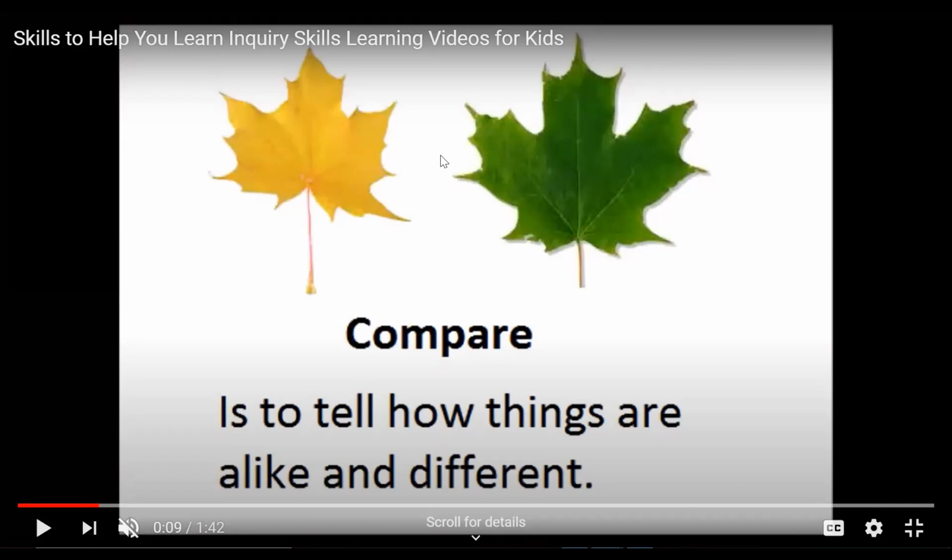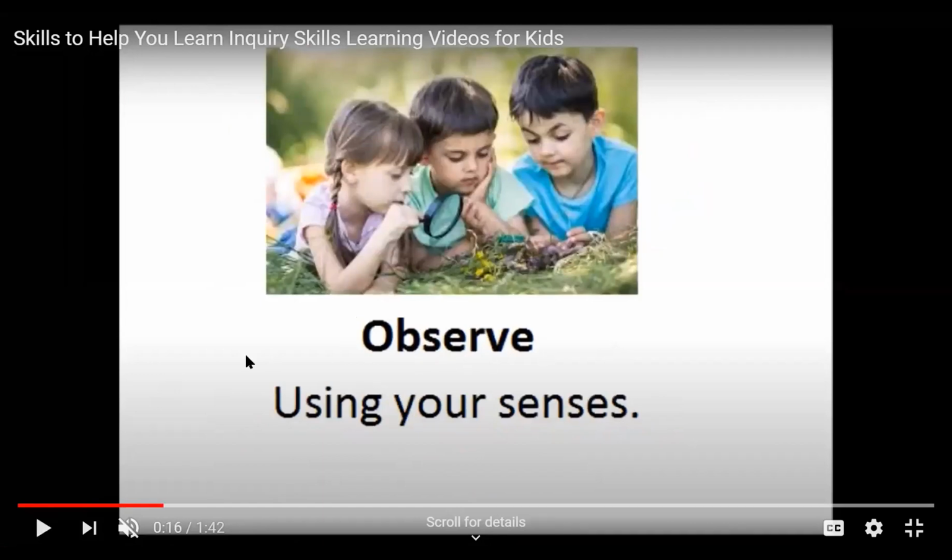Guys, they are alike because they are all leaves, okay? They are all leaves and come from a tree, all right? Let's see the other skill we need. Observe, using your senses to observe things. You use your eyes to see, your hearing to listen, your nose to smell, your tongue to taste, and your hand to touch. Another inquiry skill we need is to